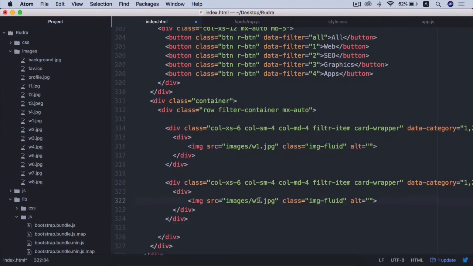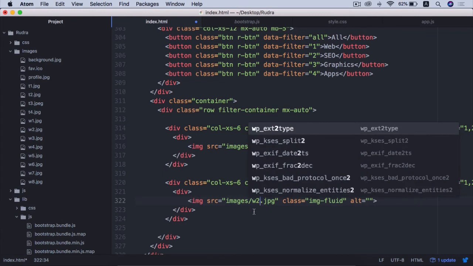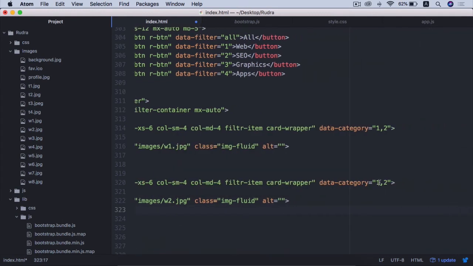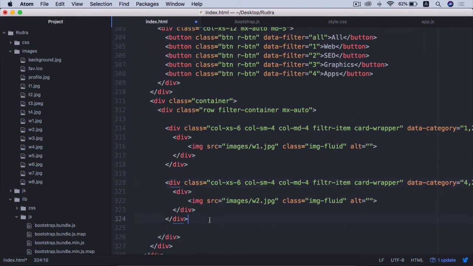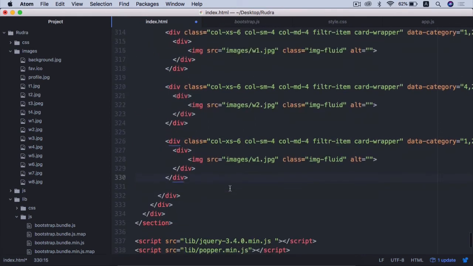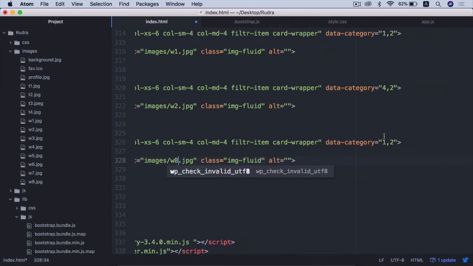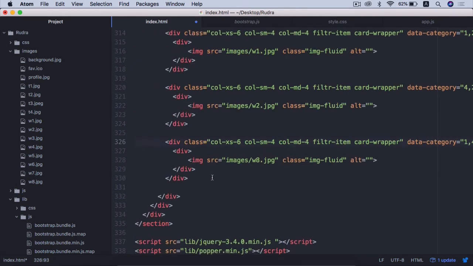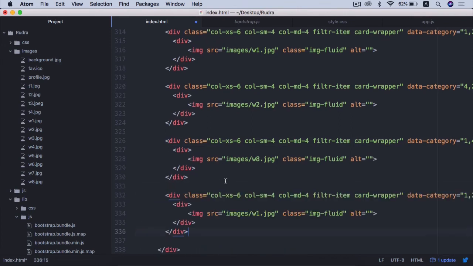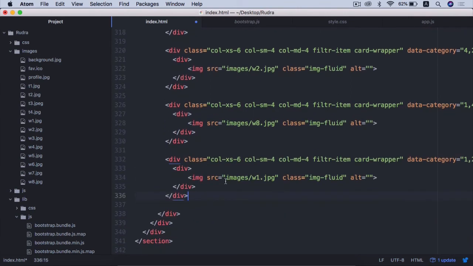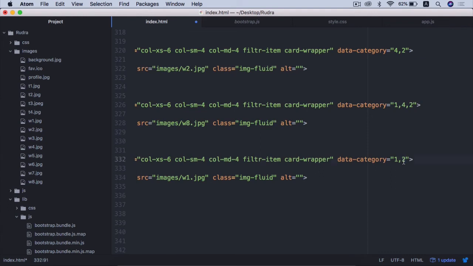I'm going to change the image to w2 and the data category, let's say 4 and 2. Again I'll paste this, let's say w8, data category 1, 4 and 2. Again paste this, 4, 3 and 2,